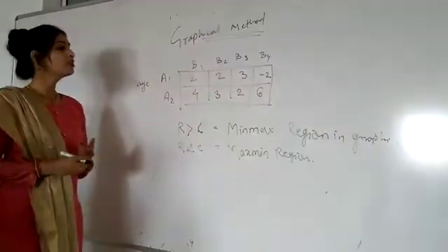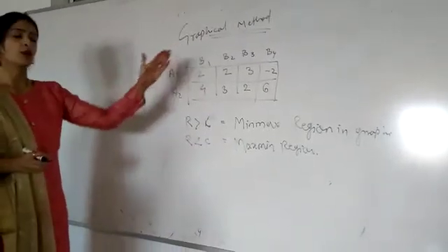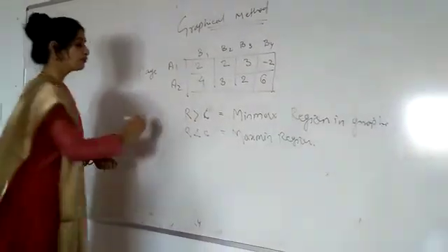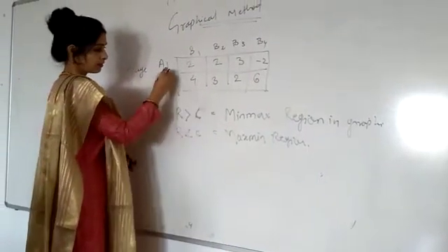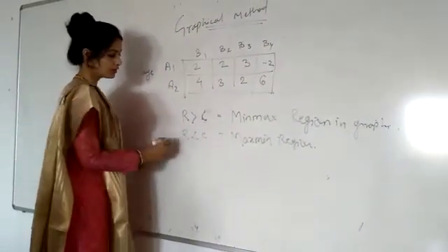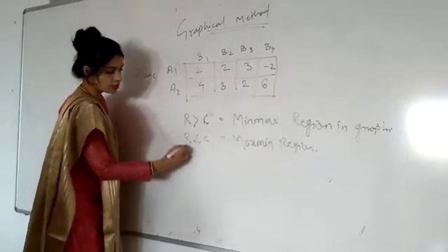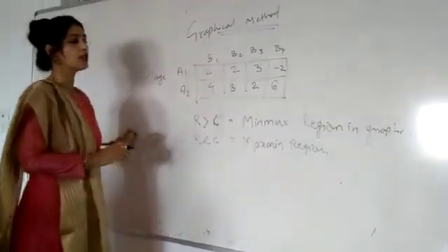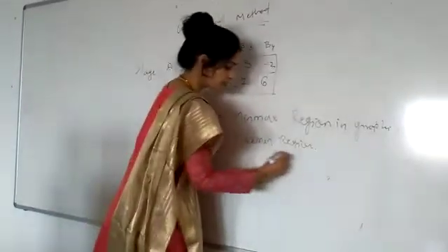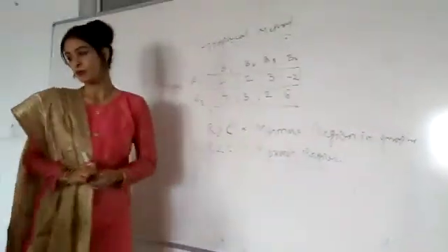Now, it is very easy to understand. Rows are 2 and columns are 4. Is the first condition fulfilled, that rows are greater than or equal to columns? No, because rows are 2 and columns are 4. The second condition is fulfilled, that rows are less than or equal to columns, because rows are 2 and columns are 4. Now, we can follow the maximin rule in the graph representation.